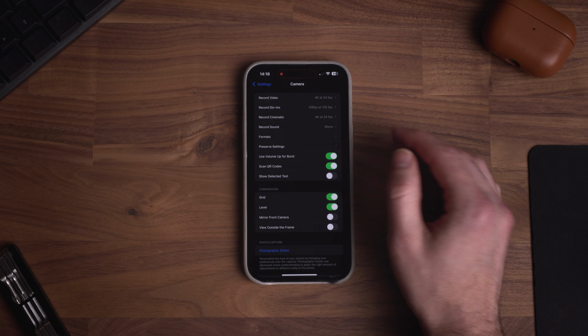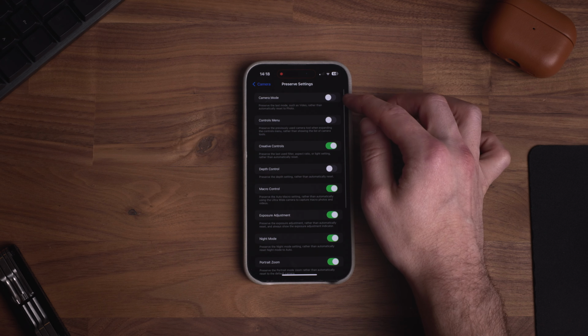This is going to give you much more capabilities when you try to go to edit your videos later because you're recording in a flat profile, so you can then put LUTs and color grade your footage. Next, we're going to go into preserve settings, but one of these is for iPhone 16 and its photographic styles. For me personally, I would turn this off because I don't want my iPhone putting any stylistic adjustments onto my